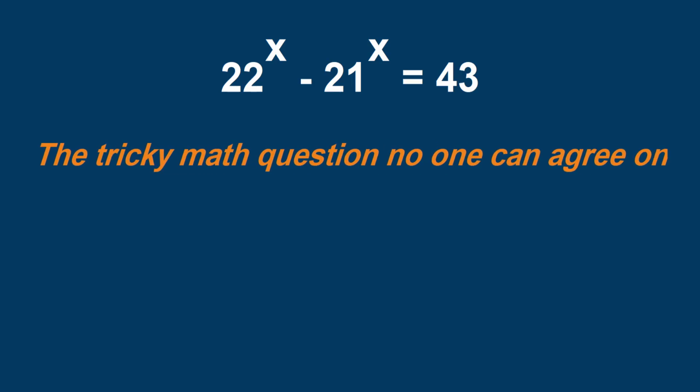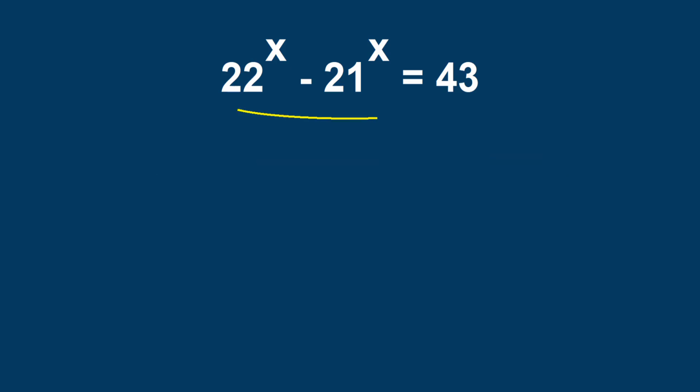In this moment of the episode, we have this problem: 22 to the power x minus 21 to the power x equals 43, and we want to get the value of x. The problem might look difficult, but it becomes easier if you break down the number 43 into two numbers, such